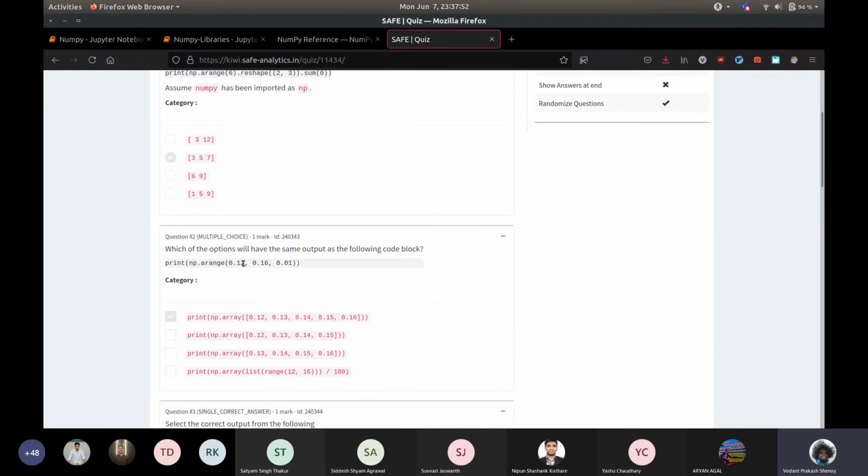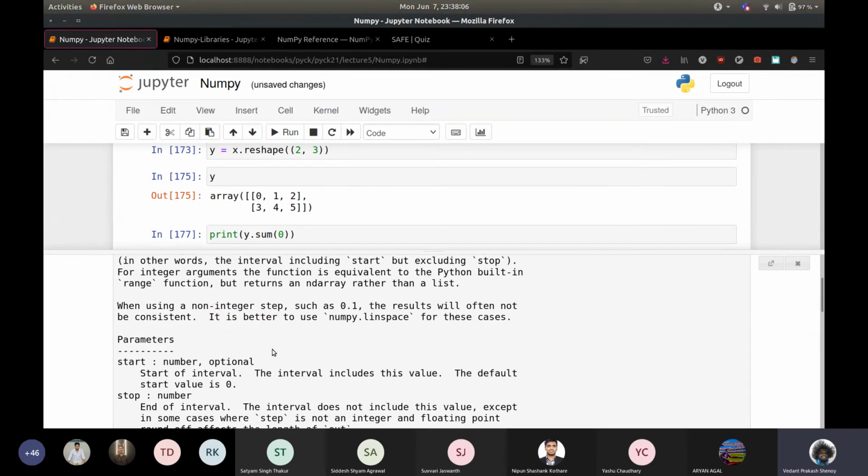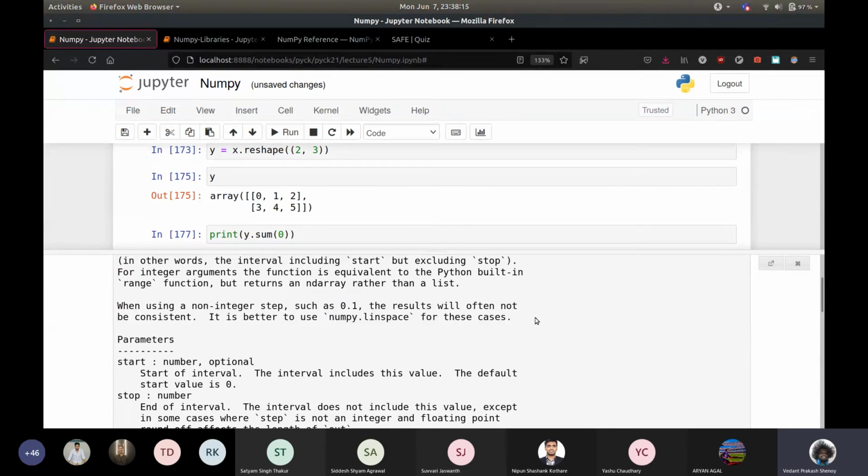This is something I wanted to show as an example of a place where np.arange fails, and this is covered pretty decently in the documentation. If you look at it: when using a non-integer step such as 0.1, results will often not be consistent. It is better to use numpy.linspace for these cases.